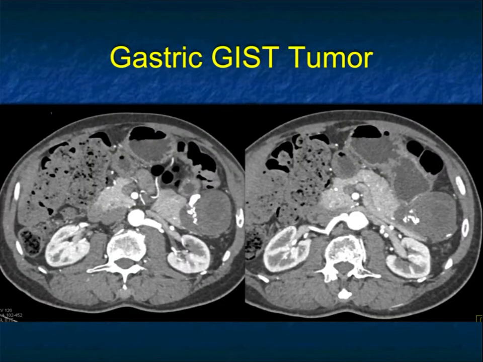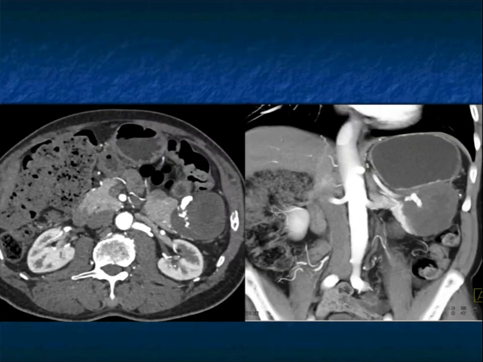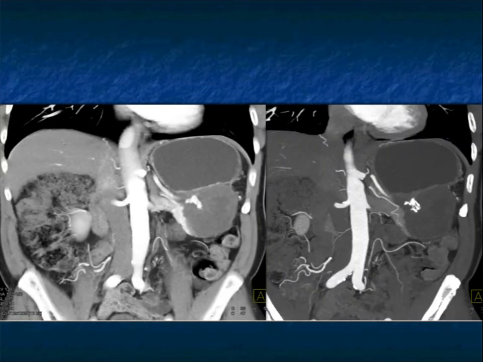Now, here's a nice example of very coarse calcification. This almost looks like a pancreatic mass, and you would have said a neuroendocrine tumor or SPEN. This is a GIST tumor coming off. Again, a real pitfall because it really can look like a pancreatic mass. Probably on the coronal looks more gastric than pancreatic, but look at those coarse calcifications that are present, very nicely